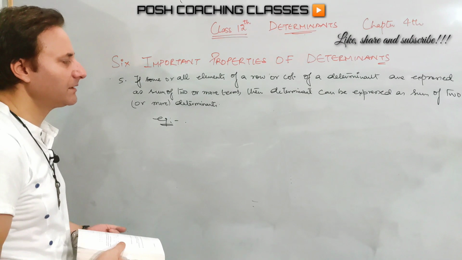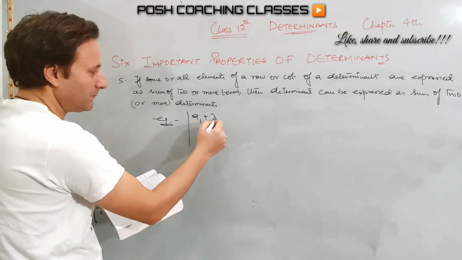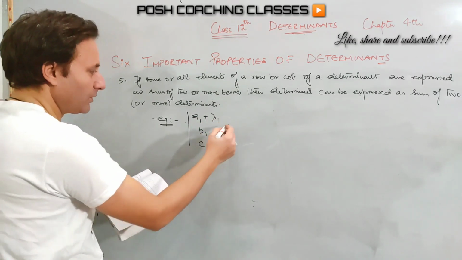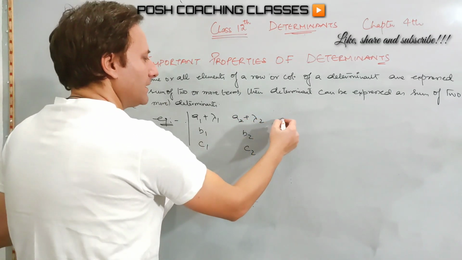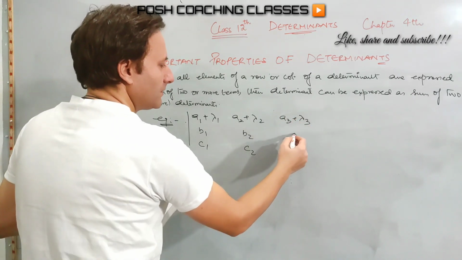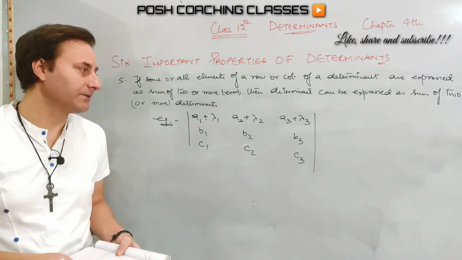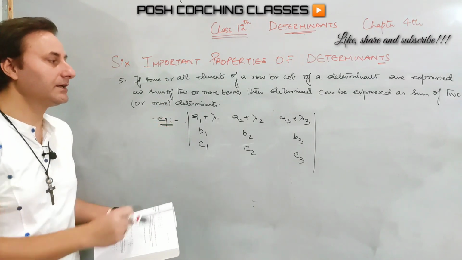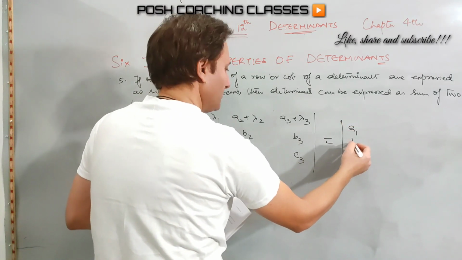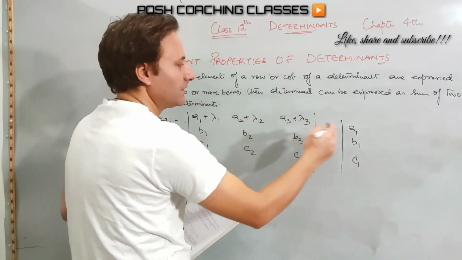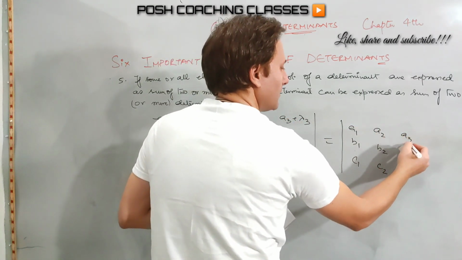For example, let's take a1 plus lambda 1, b1, c1, similarly a2 plus lambda 2, b2, c2, and a3 plus lambda 3, b3, and c3. So this is the determinant which I have been given. Now, according to this, I can do one thing here. I can write this as a1, b1, c1, then a2, b2, c2, and then a3, b3,